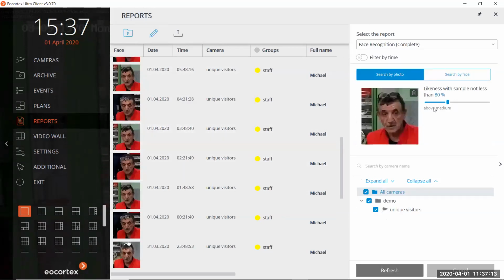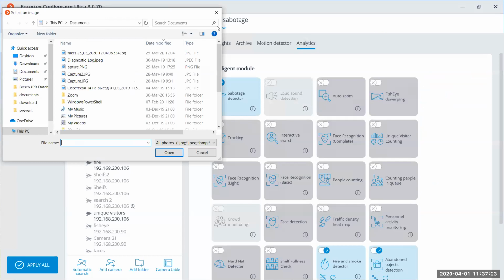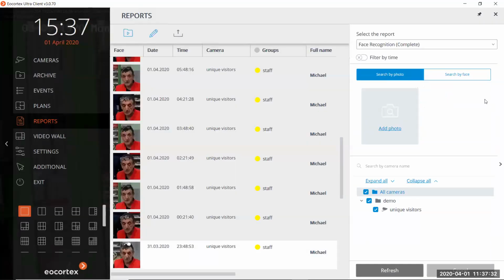And also if we need, we can use not just the photo from this camera, we can upload our own photo right here. So we use a photo from our computer, from your USB stick and so on. You can upload here a photo from Instagram, Facebook, and so on. And that can be useful and very important.